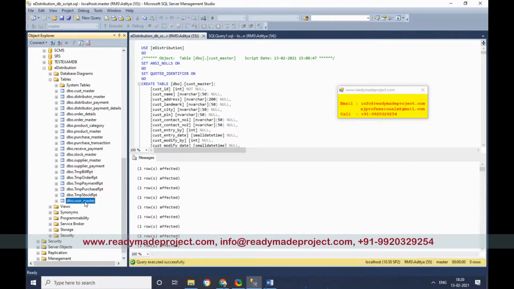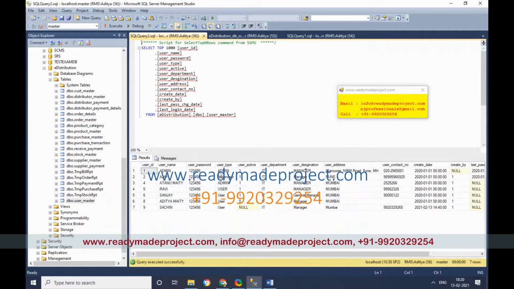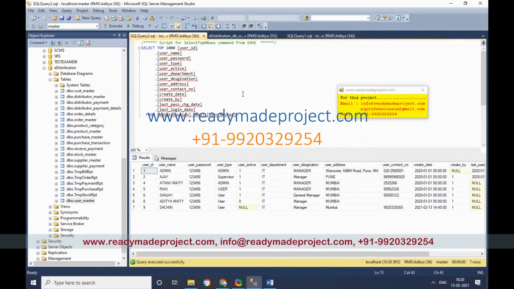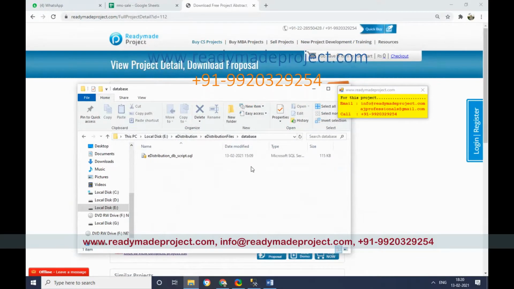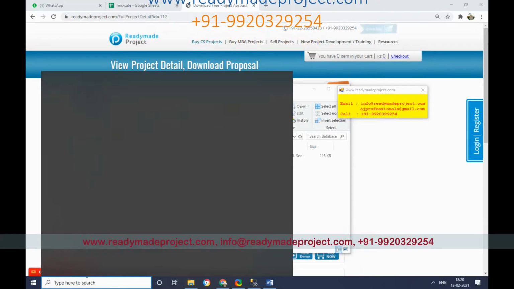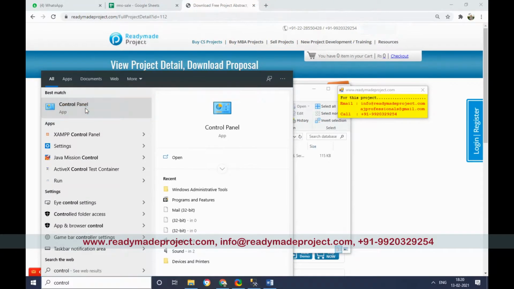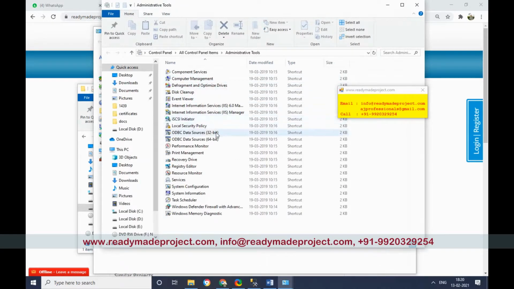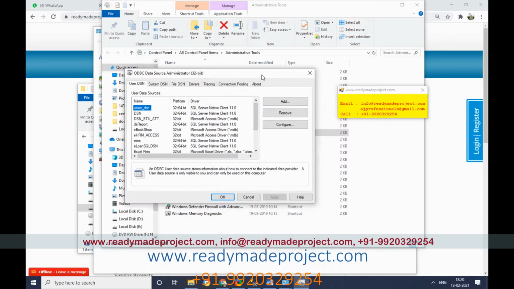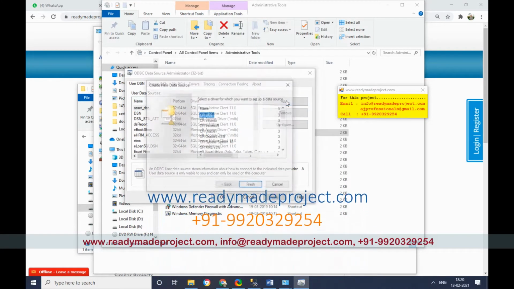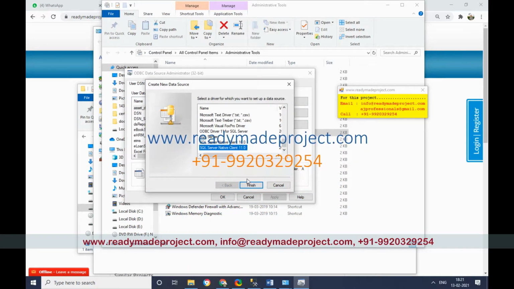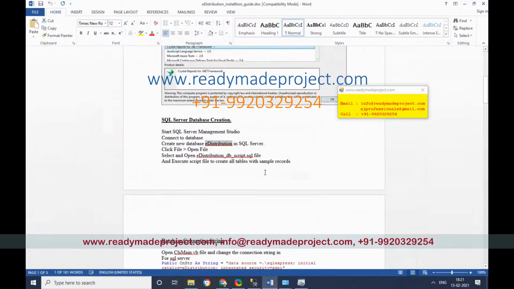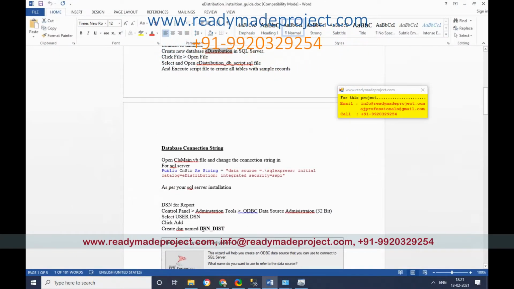Okay, this user master, there is sample data there. You can add new user after that. So once it is done, next you have to create one DSN for report. Okay, so for DSN creation, you have to go to control panel, type control, go to control panel, then administrative tool, then select ODBC driver, ODBC data source. Select user DSN, click on add, select the SQL Server client, give the name,